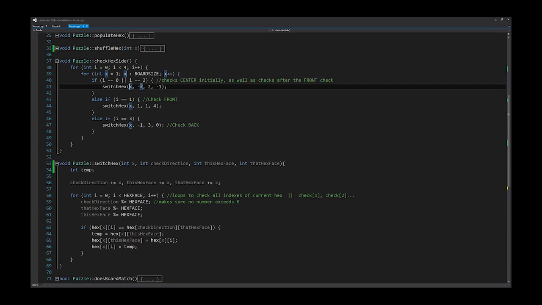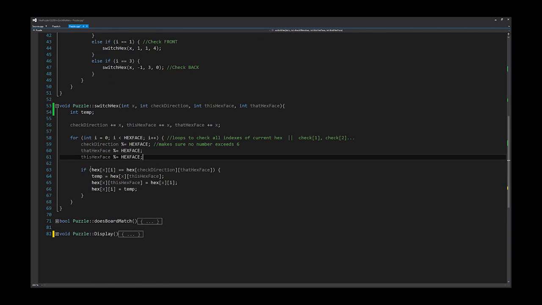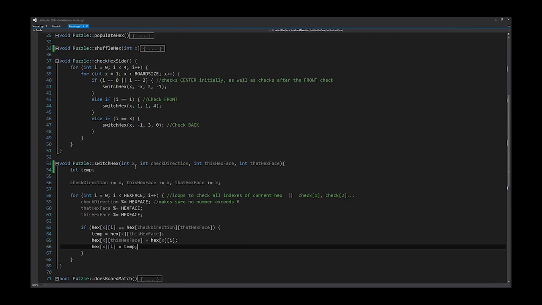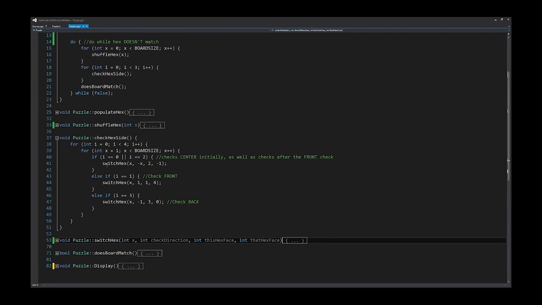And so all we do is we send all the values that we need to check all the certain sides. It's going to use the same type of mod system in case anything goes above 6, and if it doesn't, well, at least it's there for the next check. And then it swaps the pieces depending on which side is holding the number that needs to be matching, and that's it. So after we have checked all of the sides, the center front, center back checks, and switched them all out,